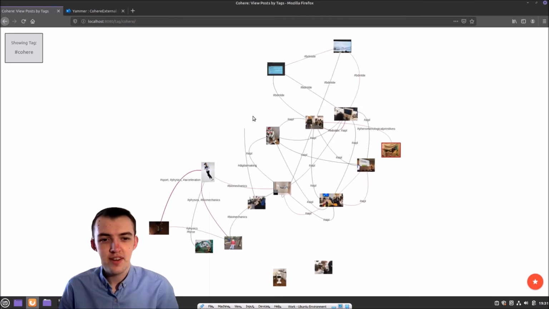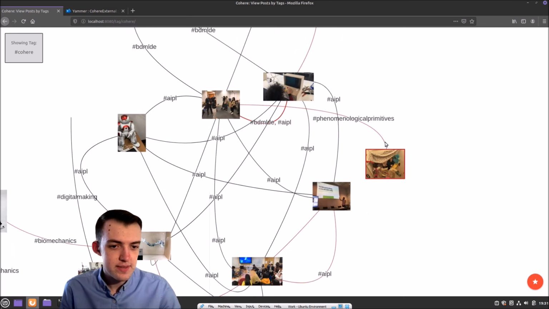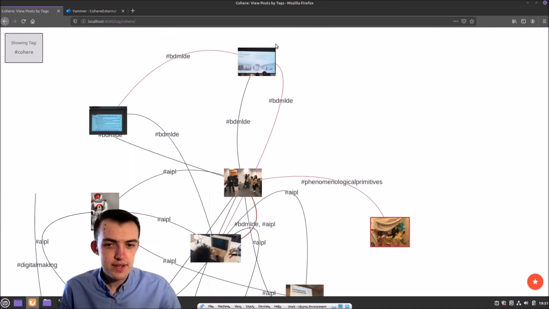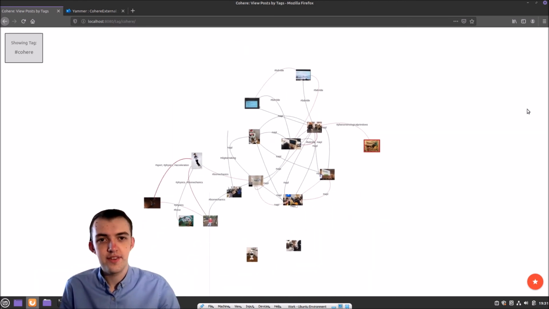Now the more observant of you may have noticed that some of these edges appear as red. One of the things that we noticed as the project went on was that if presented with just this here, it can look a bit daunting to start with. So we wanted to be able to give the user a starting point really. You can see here that this image is highlighted in red, and then you can see that there is a path which goes to this image, and then to this image, and then to this image, and so on. So the idea of this is that it gives the user a path to follow to start with.